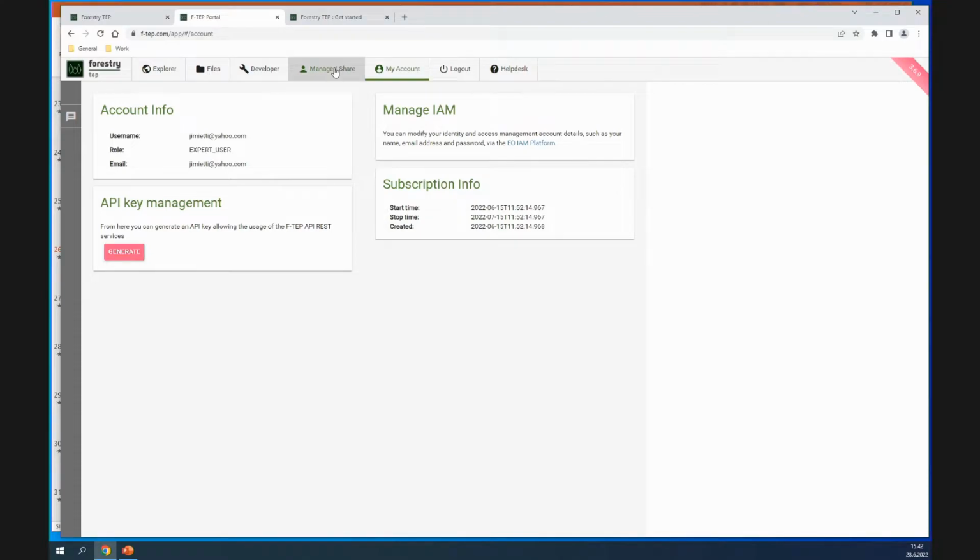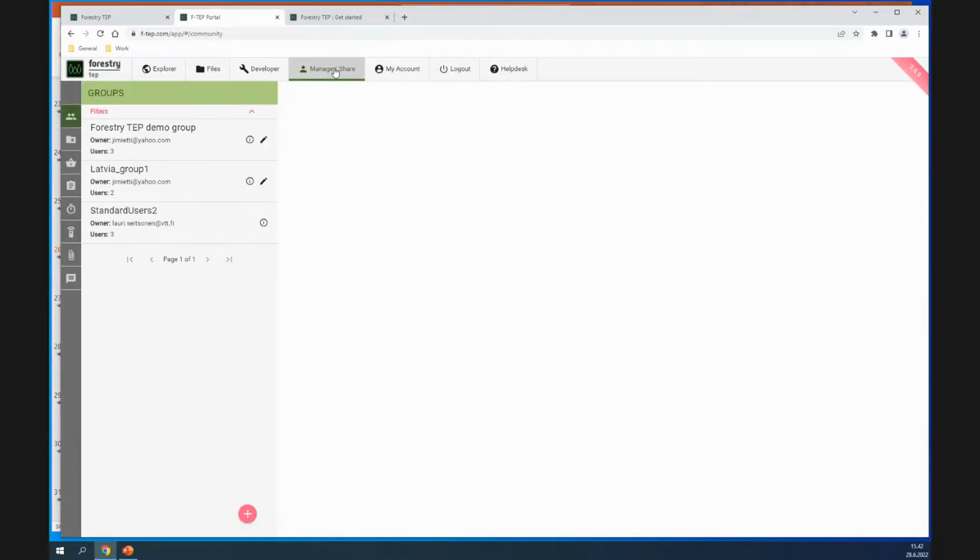But a more important interface is this Manage and Share interface, because this is where you can manage groups, for example.